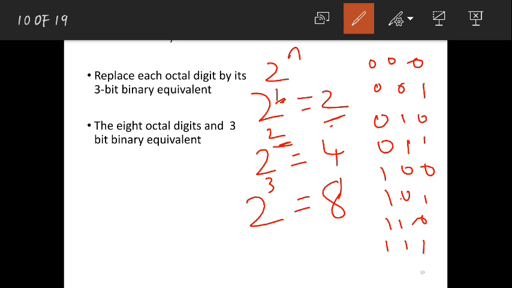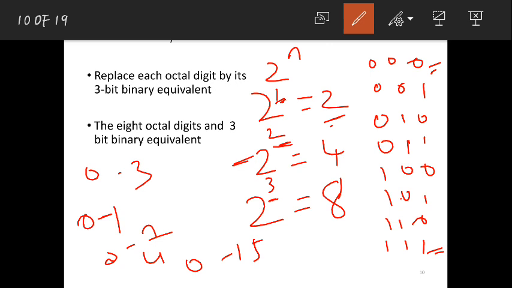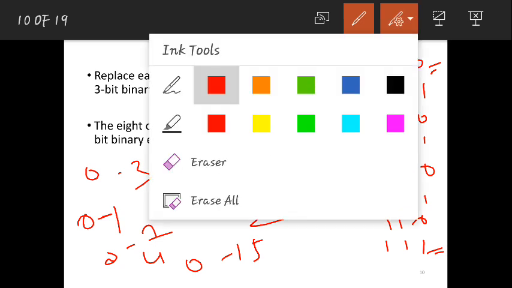Is that fine? So this is the minimum and maximum. Here it starts with 0, ends with 7. When n was 2, it started with 0 and ended with 3. When n was 1, it started with 0 and ended with 1. So when it is 3, it starts with 0 and ends with 7. When the number of bits is equal to 4, it will start with 0 and end with 15. So when you keep on increasing the number of bits, your number of symbols increases and the number of combinations also increases. Is that fine?